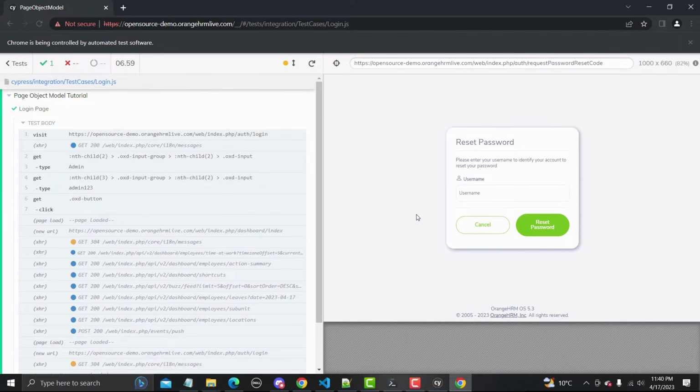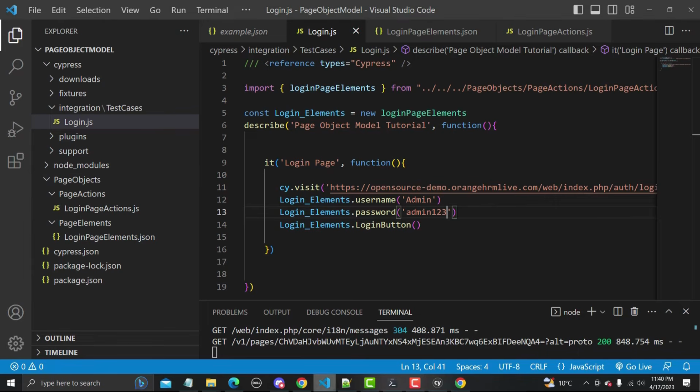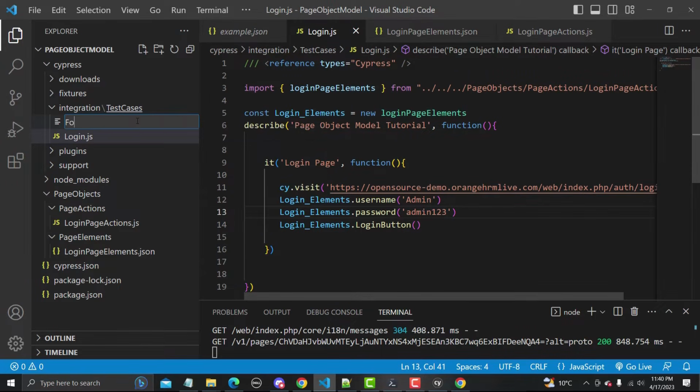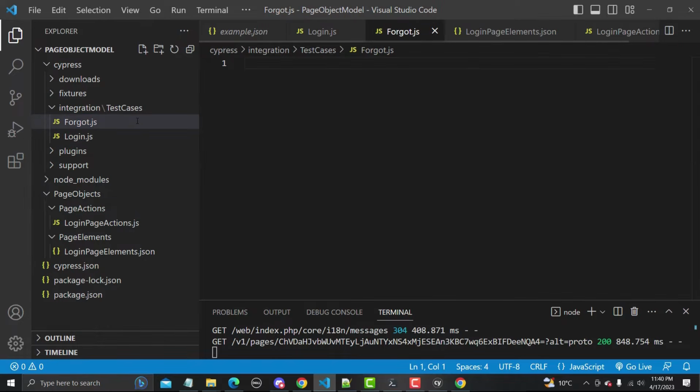So what you will do is create one file here. Let me create one file, forgot.js. Here you will be writing the test cases of the forgot page.